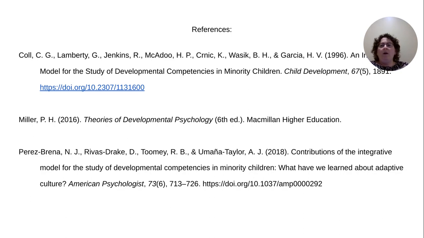The integrative model contributes to a better understanding of people from diverse ethnicities because it centers on positive aspects of their culture and not negative stereotypes. It also shows their development in the perspective of their ethnicity, as opposed to comparing them to people who are white and their development and their cultural norms and expectations. And that's very, very important,